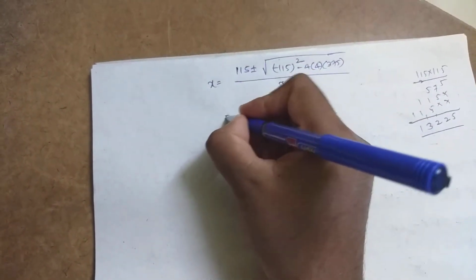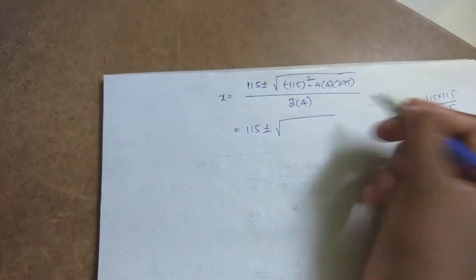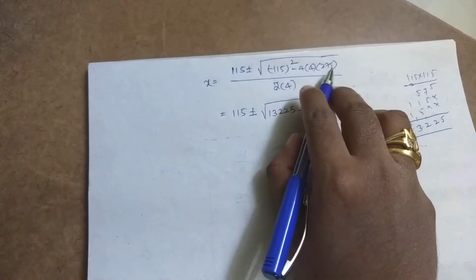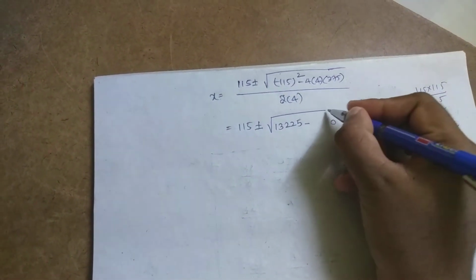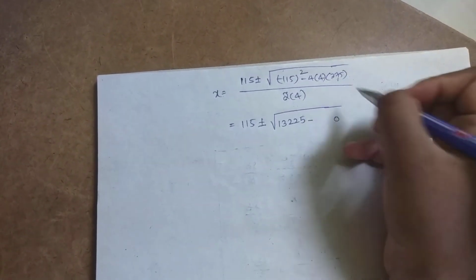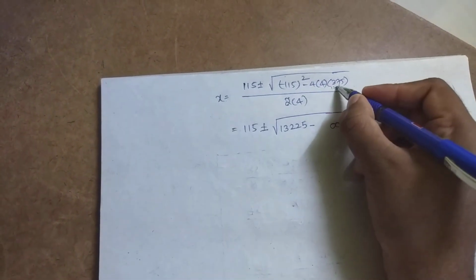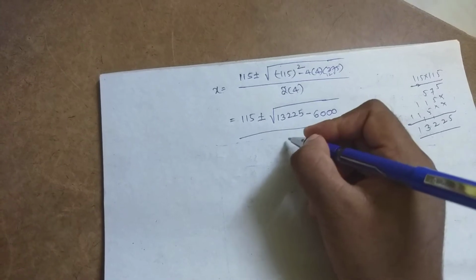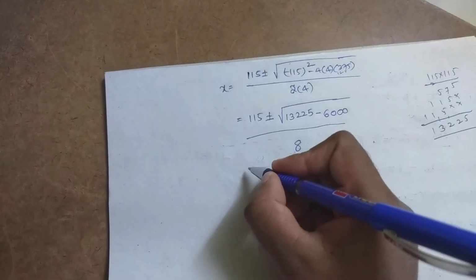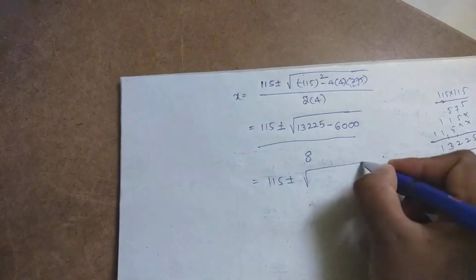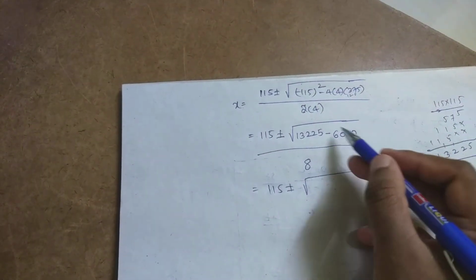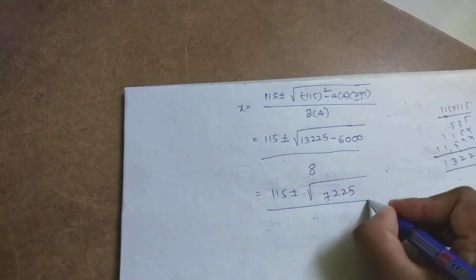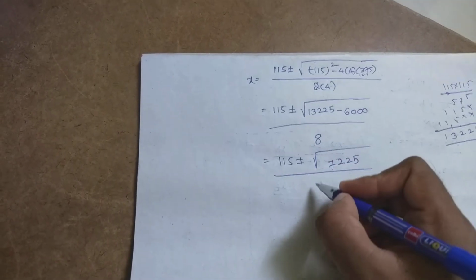So let us put it here. 115 plus or minus square root of 13225 minus 4 4s are 16. 16 into, you can do direct multiplication here. 16 5s are 80, 16 7s are 112 plus 8 is 120, 16 3s are 48 plus 12, it becomes 60, divided by 2 into 4, it becomes 8. Okay, so it is equal to 115 plus or minus square root of, the last 3 digits are 0, so last 3 digits will be the same. 13 minus 6 it becomes 7. Simple calculations, so you need not take time.